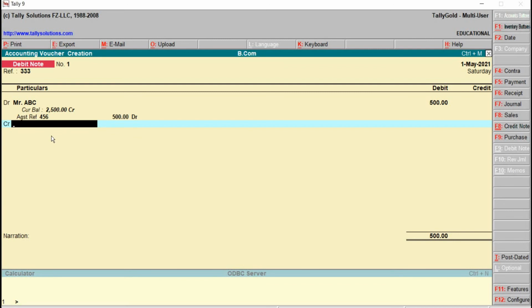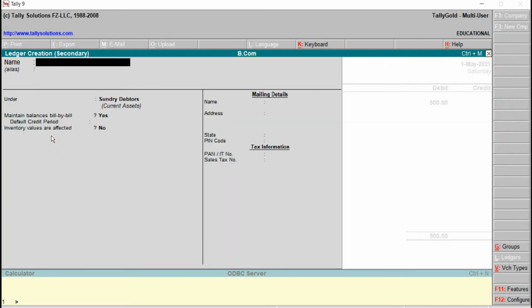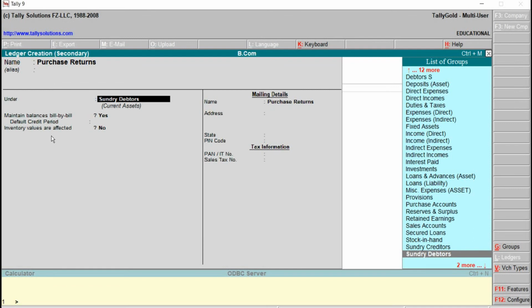To create this one, press Alt C. Alias will be blank and this has to be allocated under the group purchase accounts.